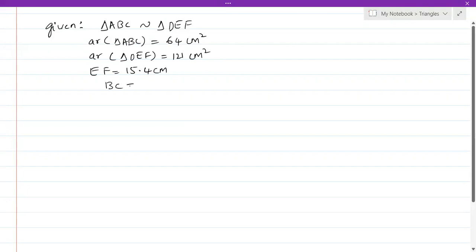We have to find the value of BC. Now remember, if two triangles are similar,